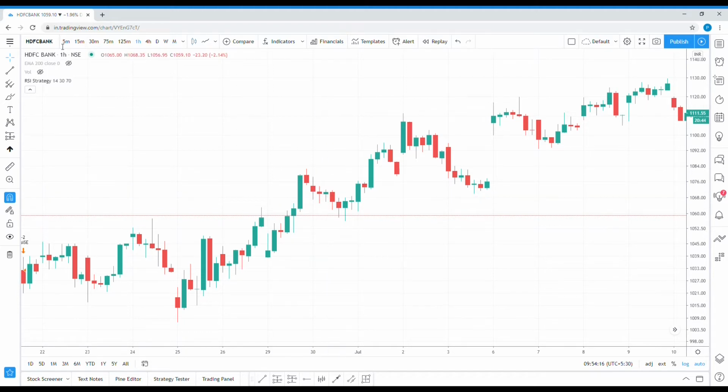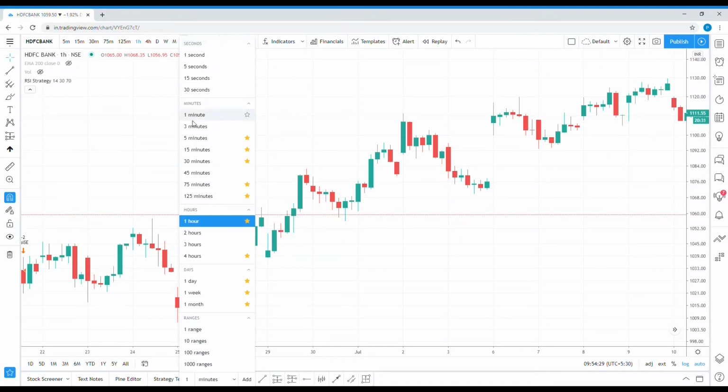So these are the different candle intervals we can choose from. There is 5, 15, 30 minutes, 75 minutes, 125 minutes. If you click over here, it will show you all the different candle intervals which are available.